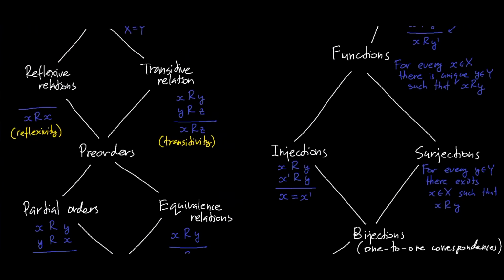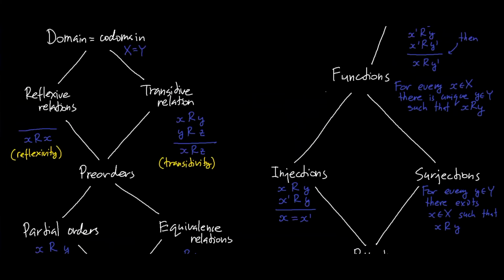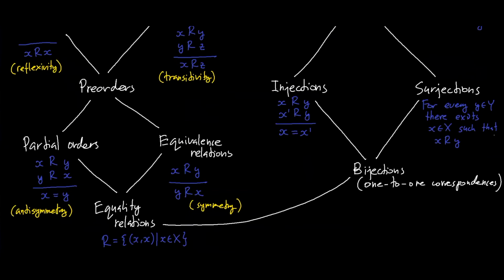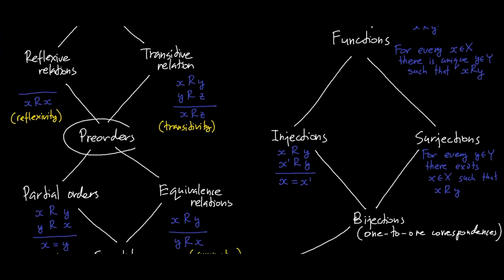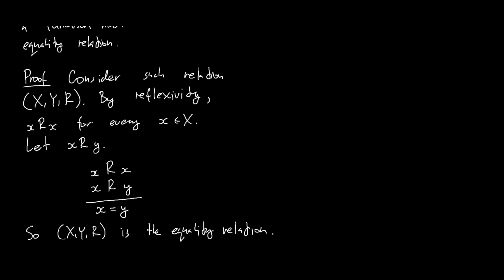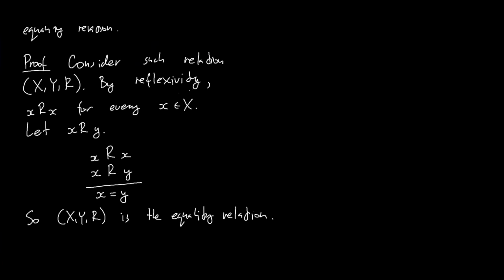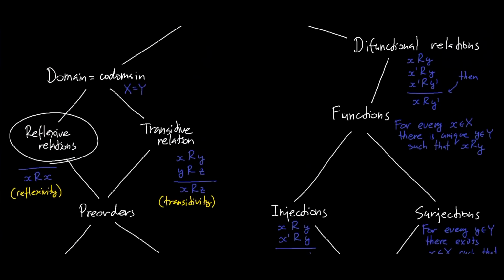So we've now intersected equivalence relations with functions, and now let's do the same thing with, you know what, maybe we can even be as brave as go to preorders, then we don't have to check for partial orders separately. And indeed we can, right? Because out of the properties of equivalence relation, we only used the fact that it's reflexive, right? We only needed reflexive and functional properties. So already reflexive relations that are functions